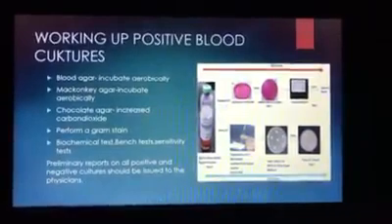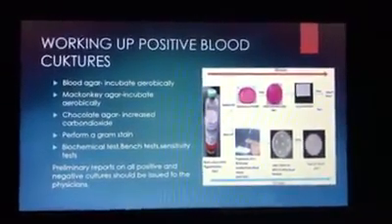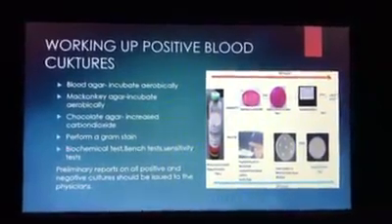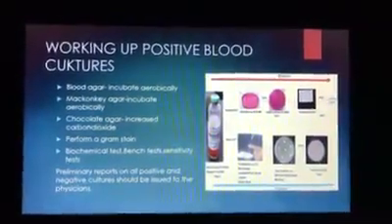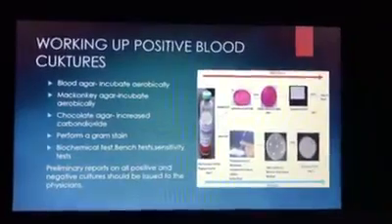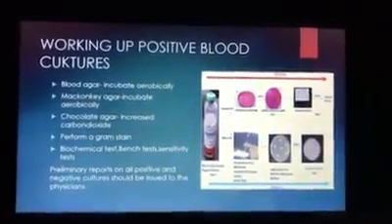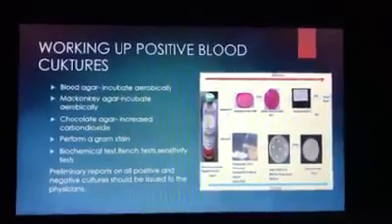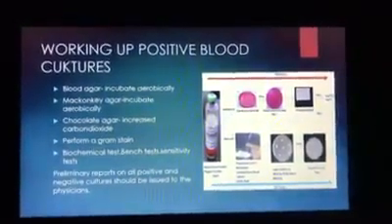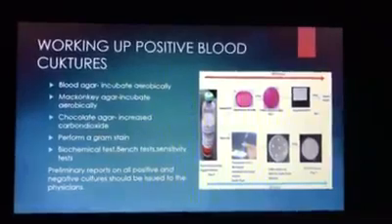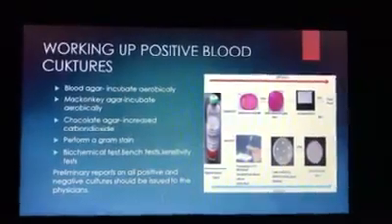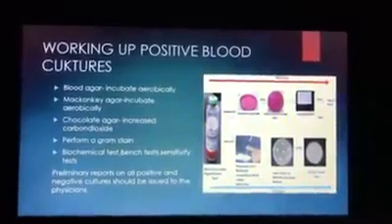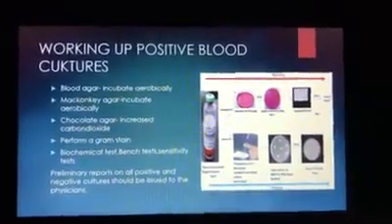After that, as you can see in the picture as well, the blood culture bottle that is flagged positive, we subculture it on either blood agar or MacConkey agar, and then we can incubate it aerobically. But for negative ones, as I told you, we subculture them on chocolate agar with increased carbon dioxide. And after that, we're going to perform the gram staining tests again to identify the species of the microorganisms.